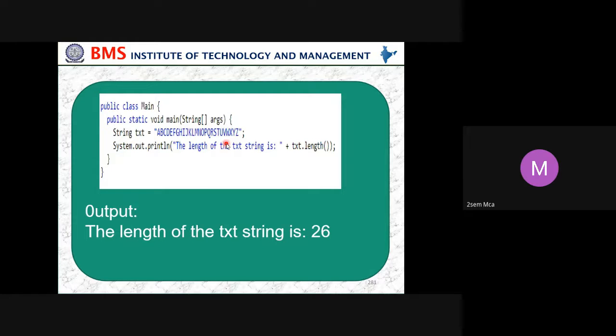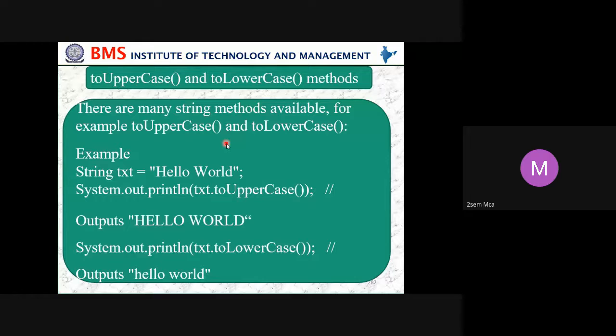This is one length method. In the same way, we have some more inbuilt methods available with the string, such as toUpperCase and toLowerCase. Suppose I want to convert uppercase to lowercase or lowercase to uppercase. Yes, we can do it using built-in methods called toUpperCase and toLowerCase. There are many string methods available, for example toUpperCase and toLowerCase.